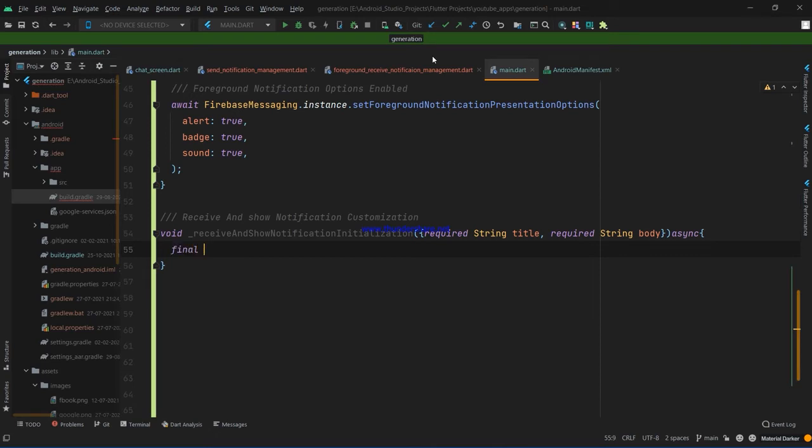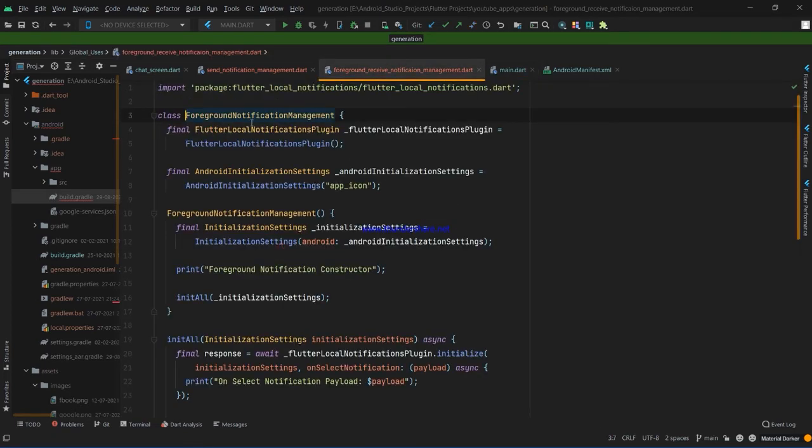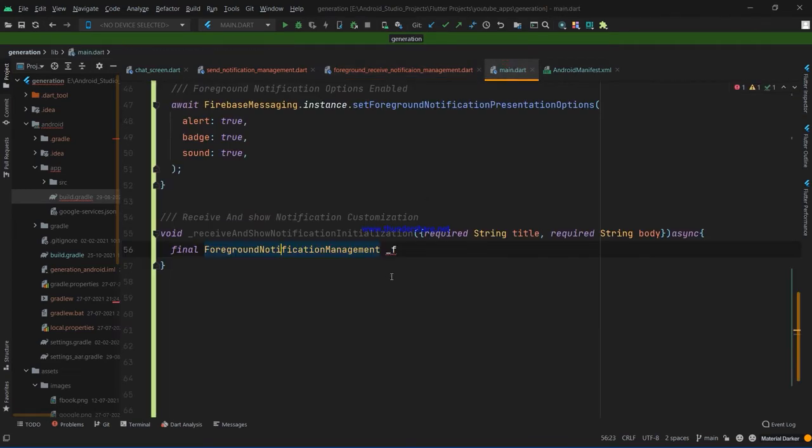So final foreground notification management, and that foreground notification management is the class we made here. Okay, so I think that will be clear to you.